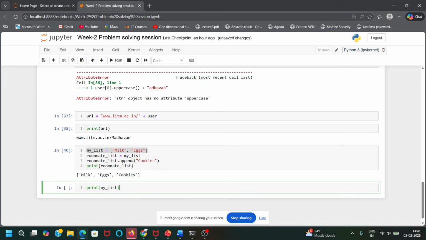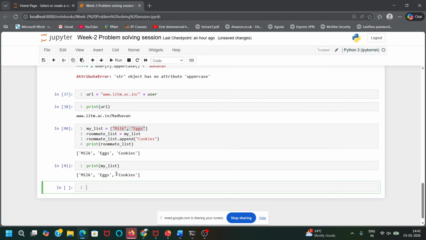Okay, so let's print and see. I have added only cookies to roommate list, right? So it should not change. My list should have only milk and eggs. Let's run and see. Oh, cookies has also come in my list. So this is the thing.